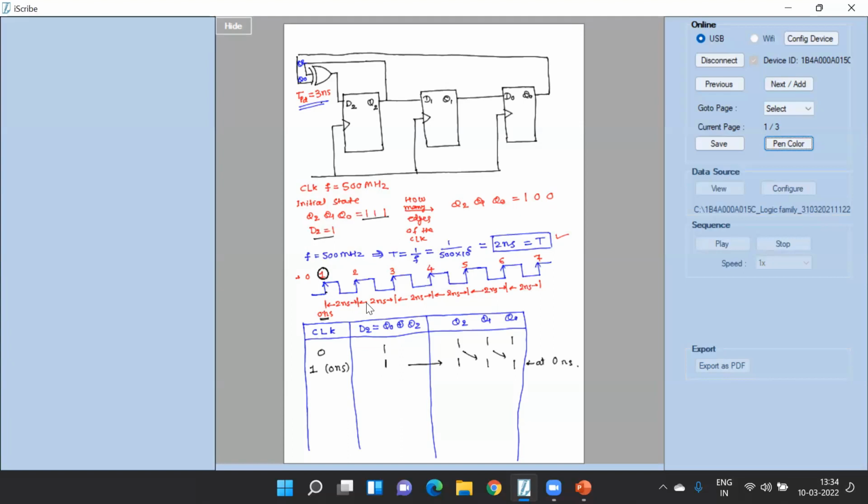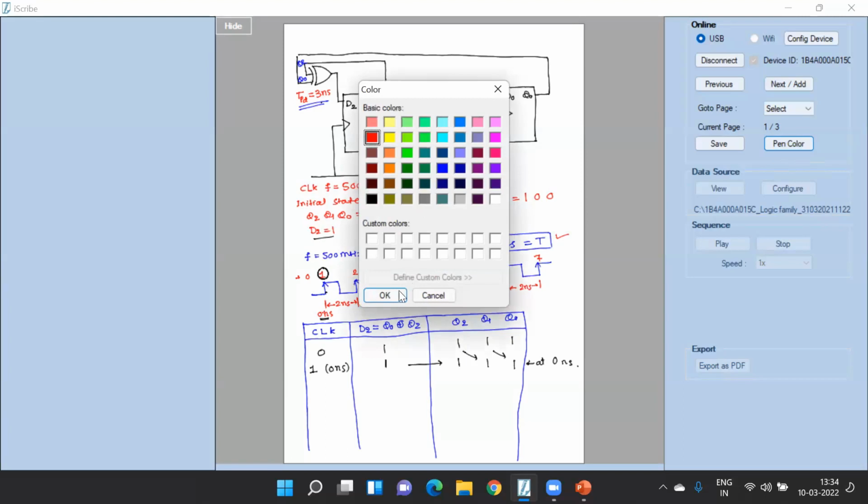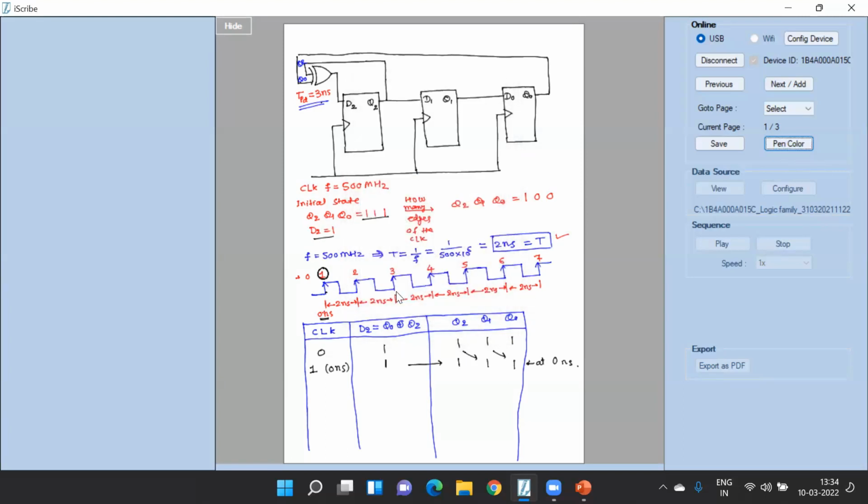Now let's say the next edge comes, which is number 2, correct? Which comes after 2 nanoseconds of the first one, right? So the second edge comes after 2 nanoseconds. So this is my 2 nanoseconds. Now please note,